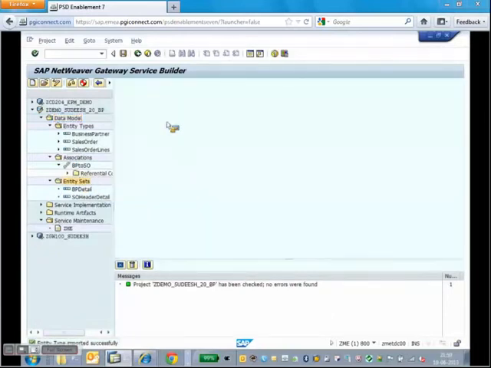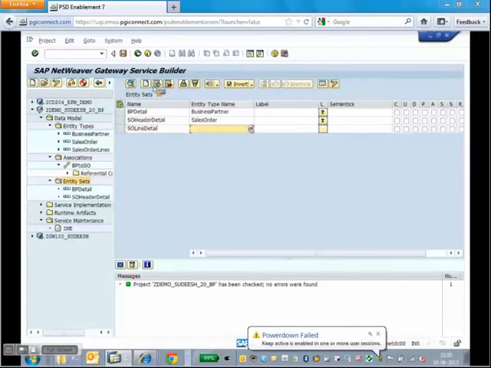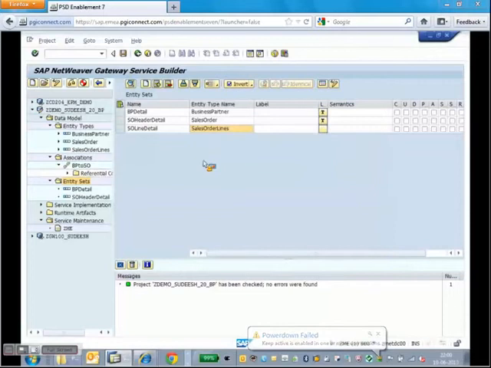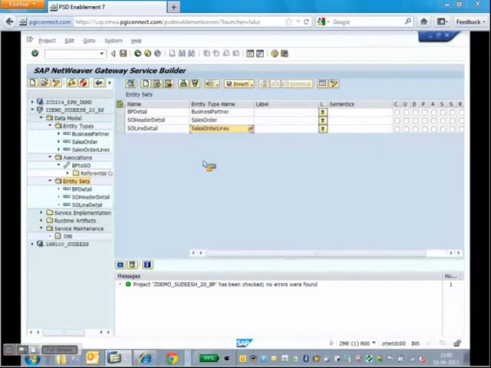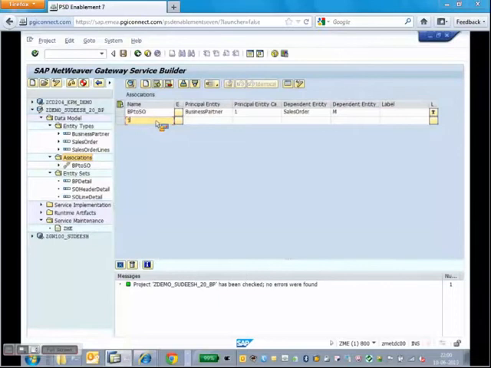Call it SO line detail of the type SO line, and I can press enter, and then I can go and create an association here between SO header to line, and my principal entity is sales order, and depending on lines I have to specify